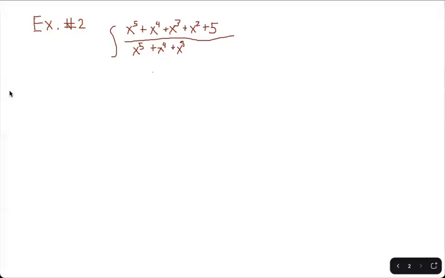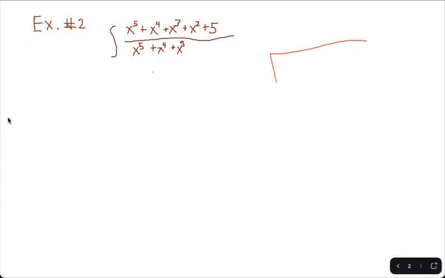So if you've noticed, we have x to the fifth in the numerator and x to the fifth in the denominator, meaning we can't set it up yet. We actually have to do long division at this point. So when we do long division, it's very important to remember